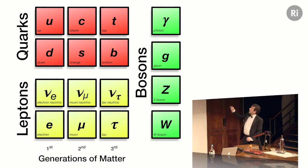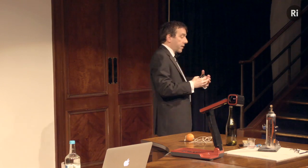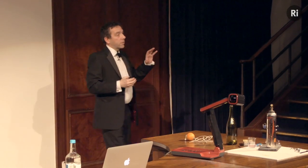This is the diagram, the thing I showed before, the little zoo of particles: the up and down quark, the electron, the neutrino, and the heavier partners, and then the force carriers, neglecting gravity. So the whole point of what I'm going to try and tell you now is why not just looking above